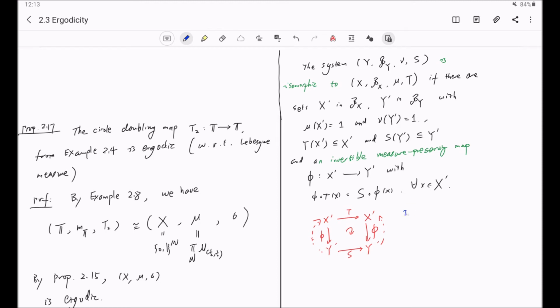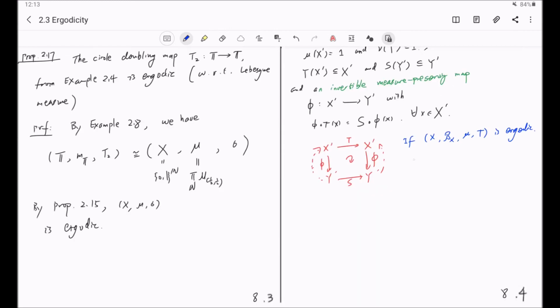So if (X, B_X, mu, T) is ergodic. Now for any B in B sub Y,